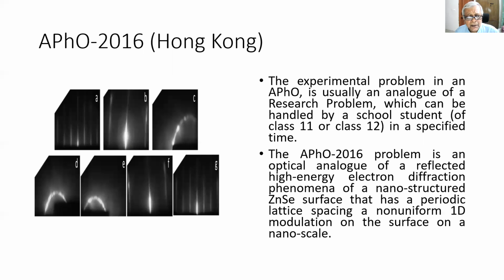You can see that these are reflected spectrums or diffraction spectrums of the ZnSe, which are shown in these photographs. Now, the aim of the experiment is to understand this phenomenon with an optical analog